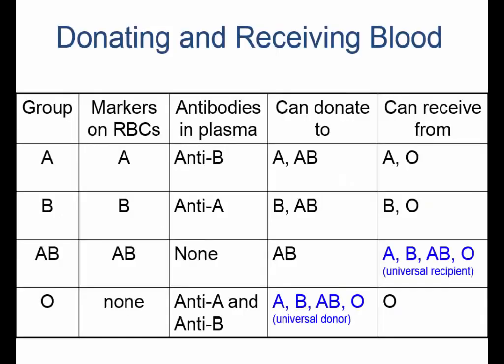When people are receiving blood, you need to get your same group and type blood. So people who are group A need to get group A blood. They can also receive blood from group O. People who are B need to get blood from people who are either group B or group O. Now these AB people, they're the universal recipient. They can get from anybody. And O can only give to O.